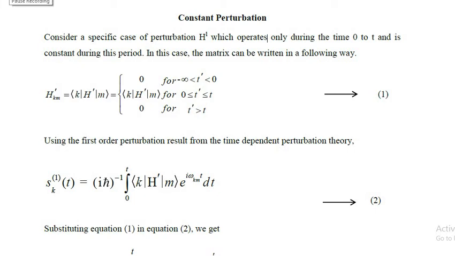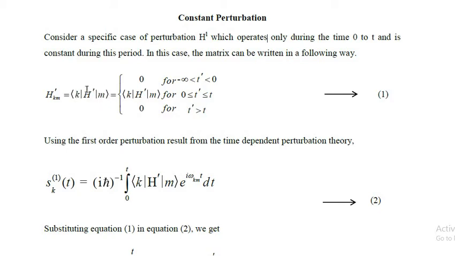Now I am going to explain about constant perturbation. Constant perturbation is a specific case of perturbation which operates only during the time 0 to t, and this is constant during this period. In this case, the matrix can be written in the following way, that is H_km prime is equal to the matrix which is written using bracket vector, that is <k|H'|m>, and this